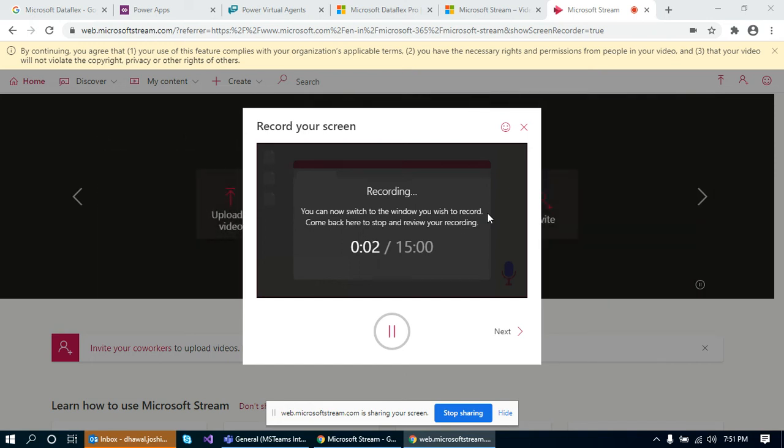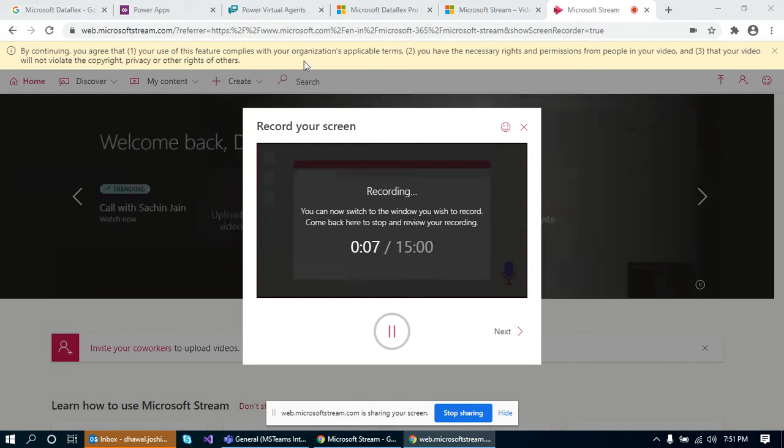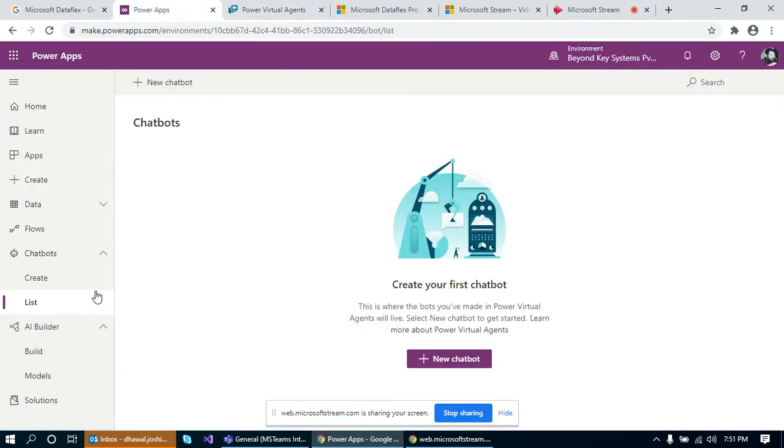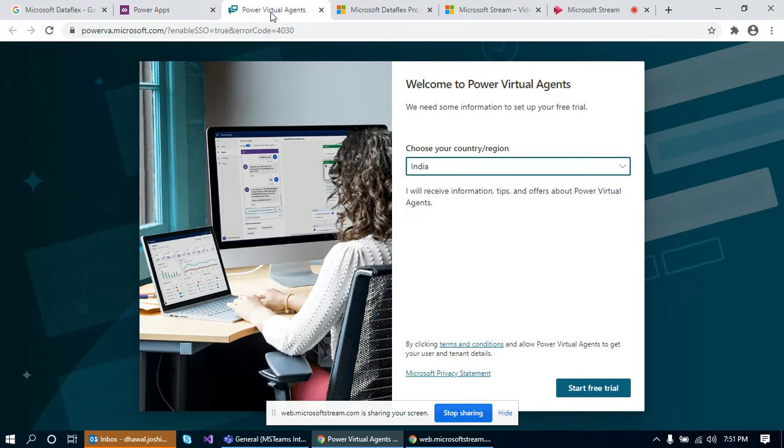Hello everyone. Today we'll see how to create a chatbot with Power Virtual Agents. So I've just opened Power Apps and I've clicked on chatbot create. And when I click on new chatbot, it is going to redirect me to a different window which will have these